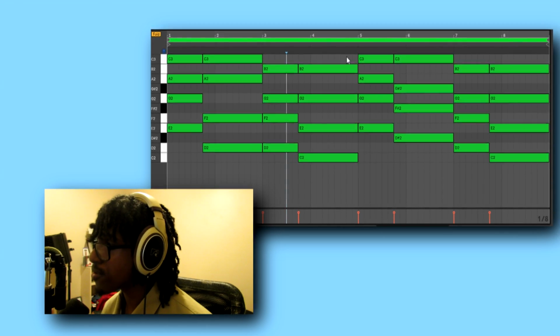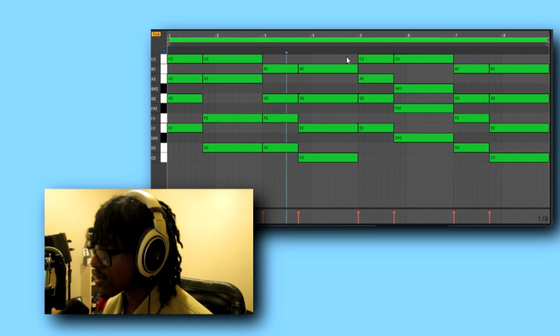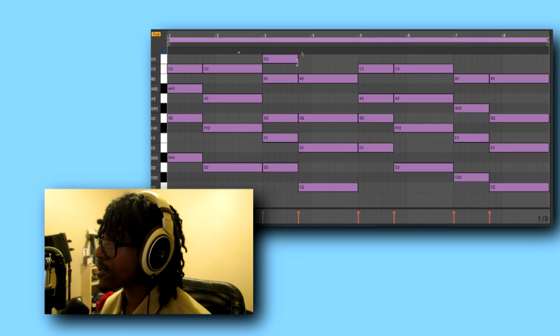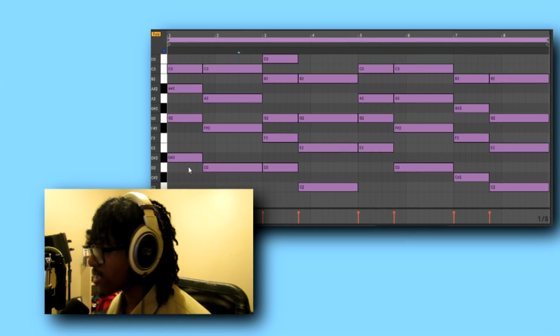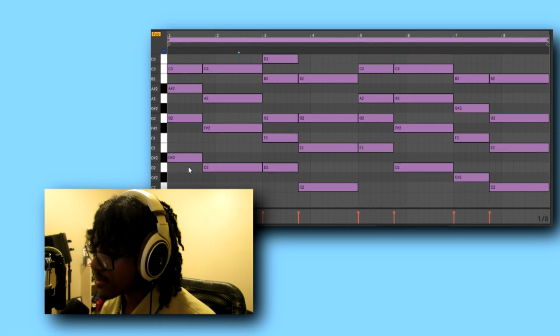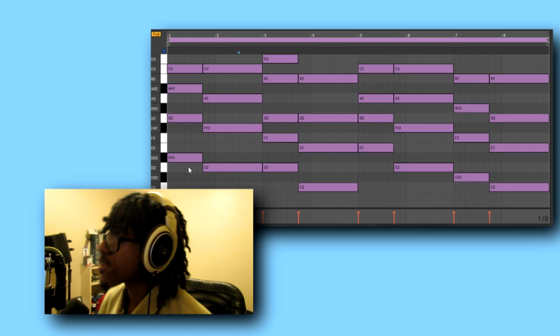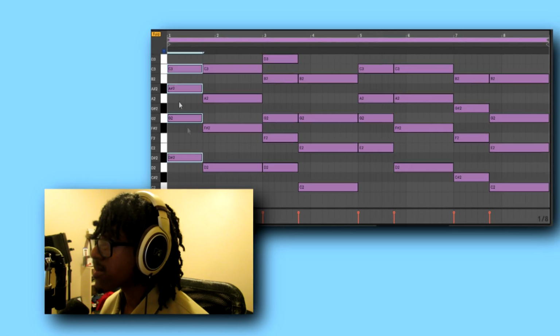So the first one I showed you was tritone substitution on the 5. This one's a tritone substitution on the 2. Now let's check out another one, which is tritone substitution, actually on this 6. So like I mentioned, you can do it on the 2, the 5. You can technically do it on any chords you want in the scale as long as the chord progression is harmonic. So in this case, what I did was I actually did a tritone substitution on the 6,